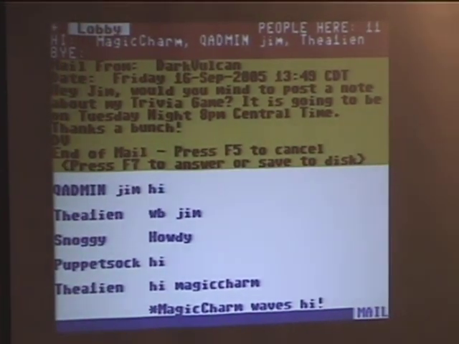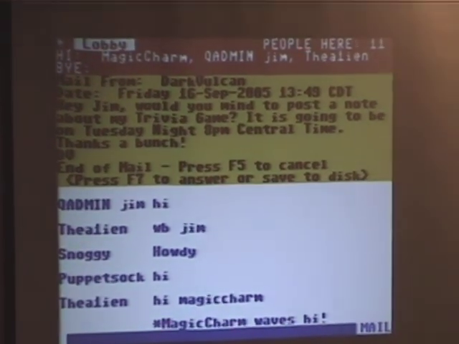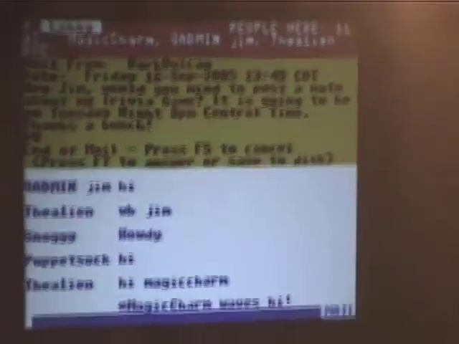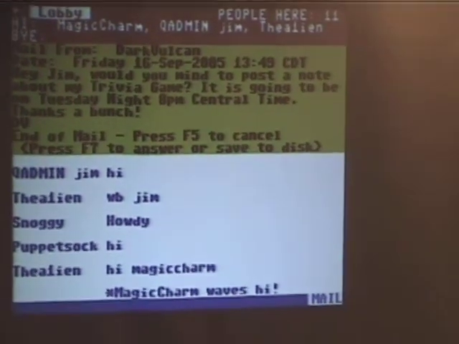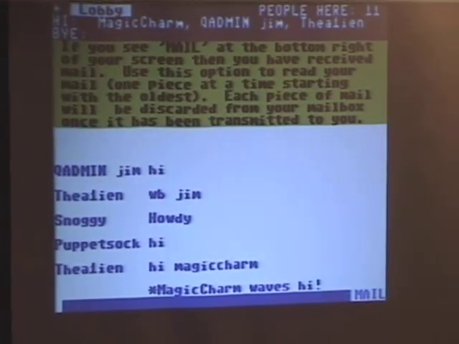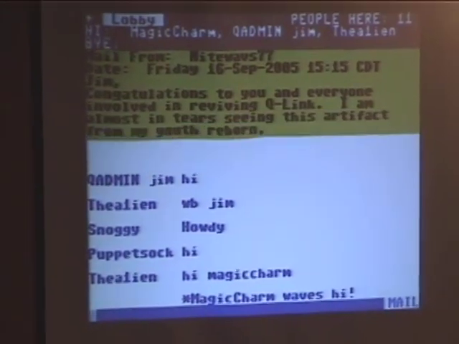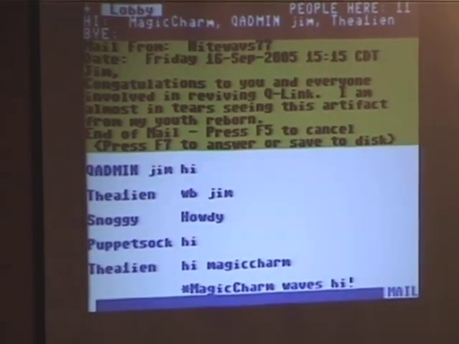They're going to have a trivia game next Tuesday night at 8 p.m. Central. You're all invited. They had their first one on Wednesday night in the trivia room, and they're going to have another one on Tuesday. So I need to make an announcement on that. And it appears I have some more mail. Been getting a lot of messages like this lately.